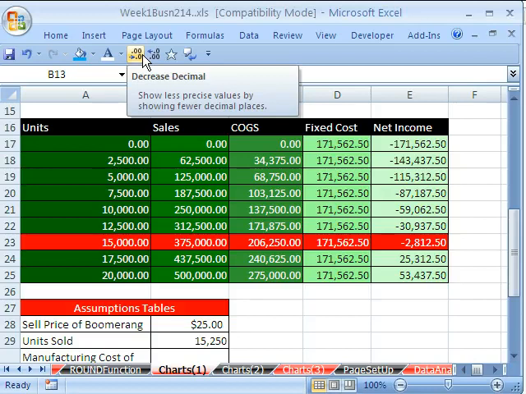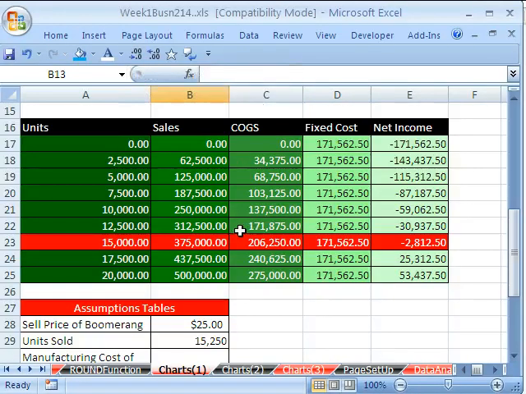Hey, this is the high-speed review of basics before we go on to intermediate and advanced stuff. And we're going to talk a little bit about charts. Now here we have some units and sales and cost of goods sold. And we would like to compare sales, cost of goods sold, one type of expense, and fixed cost another, on a chart. Now the way we're going to do this is we're going to use an XY scatter diagram,